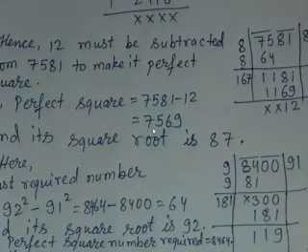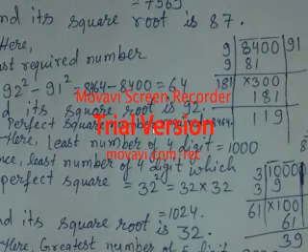Now if you will move down, 15 has been said "added". In 16 also there is "added" only. So from 15 and 16 I had made 16. Find the number which must be added to 8400 to obtain a perfect square. Find this perfect square and its square root also.